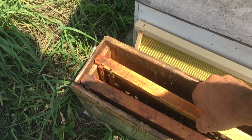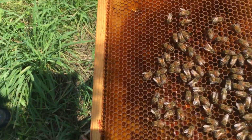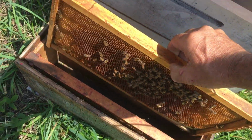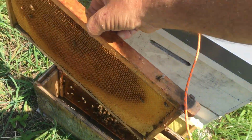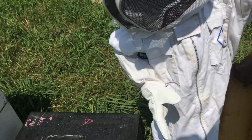We get to the second frame. A lot of bees on that one, with bees on it and eggs in it. So it's got a queen in it. Open up this side. That one has a pretty good